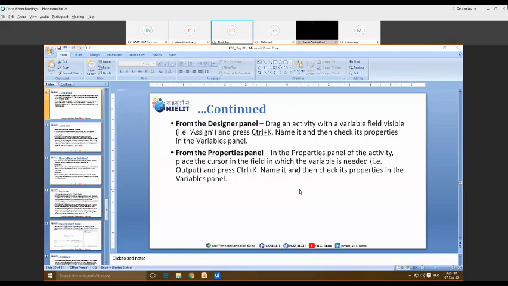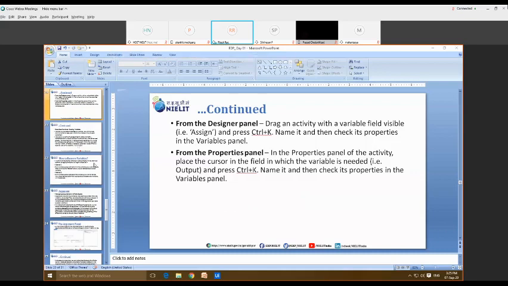Once we discuss the sequence, and do some examples and a project on the sequence, then we'll discuss the argument example, where we'll try to pass the information using this argument from one workflow to the other. Okay, so using this we'll see how we can pass the information from one file to the other. So till now we have discussed the variable in detail.